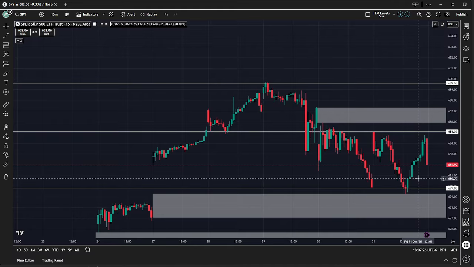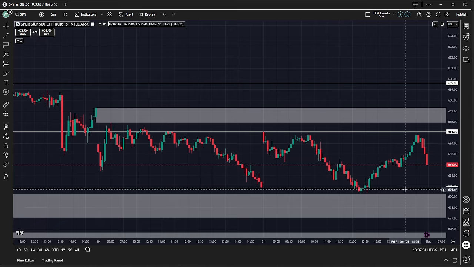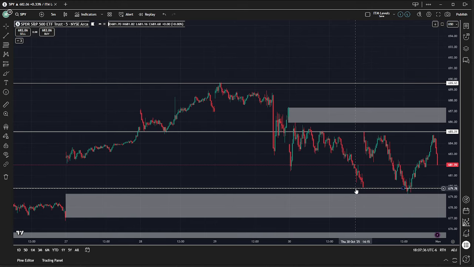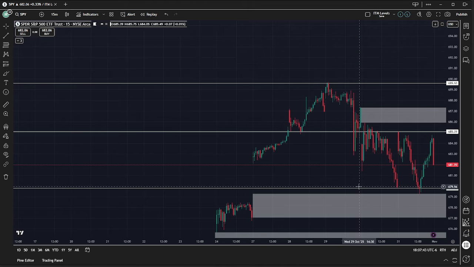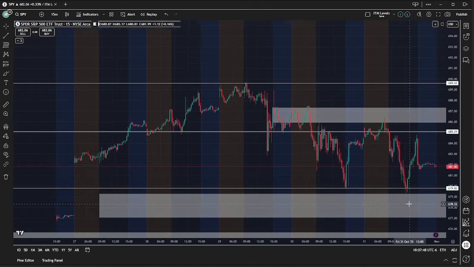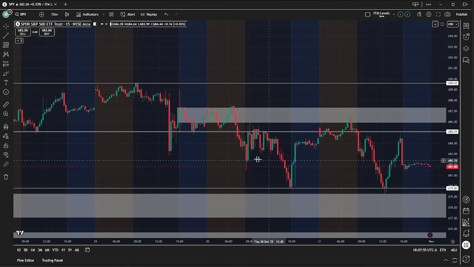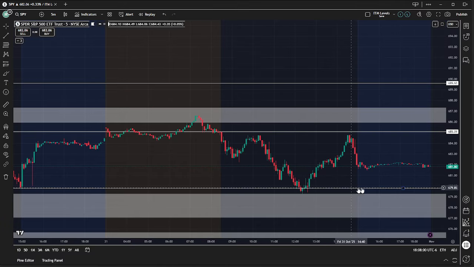685.09 to 679.80. I'm going 5 minute time frame. Gets a little tricky right here with all-time highs. Yeah, there's not too much price action in these zones to kind of show me. Sometimes when there's areas where there's not too much price action, I like to just wait it out a little bit. But I think in this case right here,